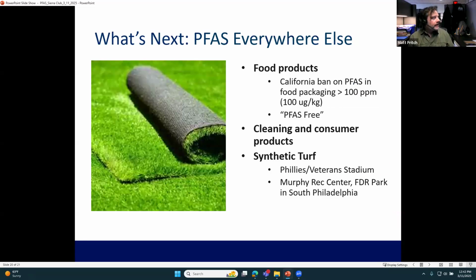And then finally, what's next? I think we'll be looking at PFAS everywhere else. Definitely in food products, which provide a substantial amount of human exposure. Definitely the states are leading the way, again, with individual regulations and legislative proposals to limit PFAS in food packaging, cleaning products, consumer products. And then another thing that has come up more regionally here in Philadelphia is